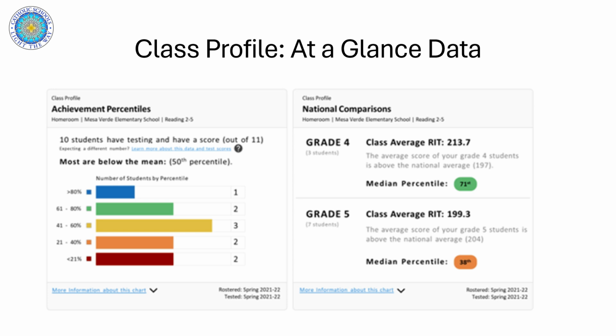This teacher in question has 2 grade levels, or a combined class of multiple grade levels, and that is why you see grade 4 with 3 students in this example and grade 5 with 7 students. So for grade 4, it gives the class average RIT score. It takes all of the students who were assessed in this class, in this grade level, and averages their RIT scores. In this case, we have an average RIT score of 213.7